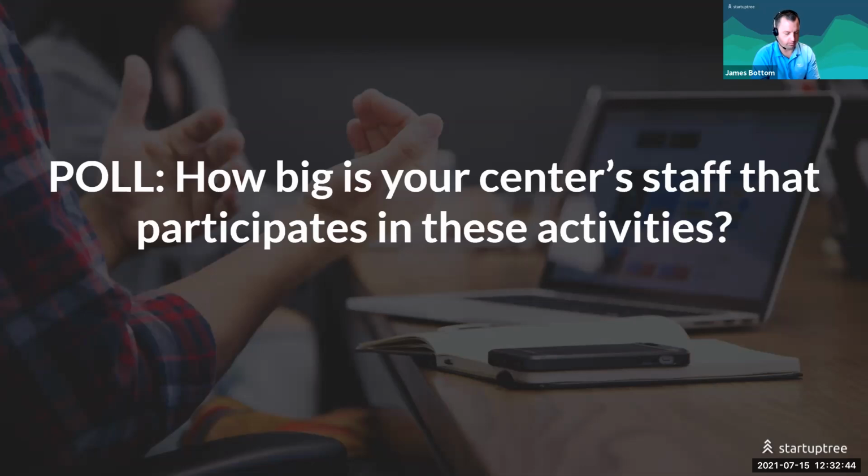1 to 3. All right, half. I would say that's about normal. And I'm assuming these are paid staff members, call them adults in the room, whatever you want to call it. That makes sense. But you had a couple of people that actually had 0. So for those of you that are in the 0 and 1 to 3, which is a majority of it, this next section is going to really help you identify how lean you can really be.